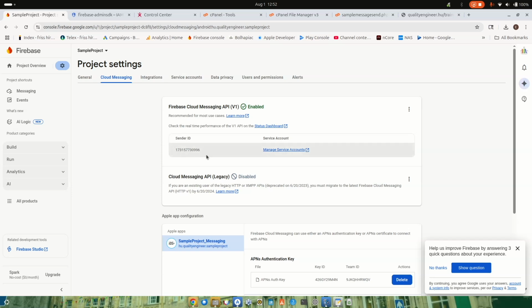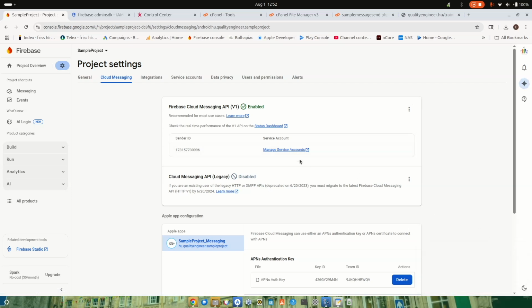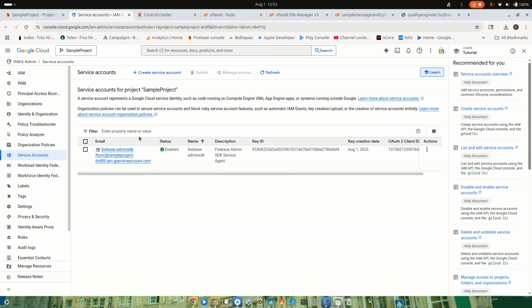And here, if you don't have anything, then you can enable this API and integrate it into your project. Once you did that, you can go and manage the service from here. This sender ID is linking your Firebase project to your service console account at Google, and this will enable you to get an authentication from your web server to the sending service, and then you can send out your messages to your application. So let's go to the service menu,